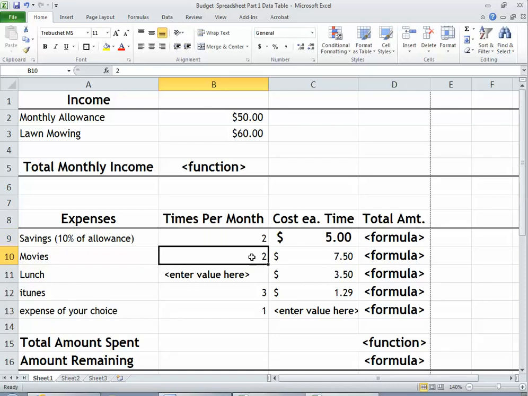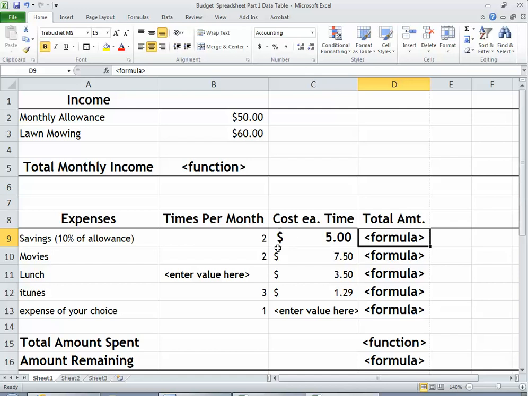How many times a month do you want to go to the movies? You need to leave these expenses as what they are, $7.50. Lunch, assume it costs $3.50. iTunes, assume it costs $1.29. It tells you in the directions all the different things that you are allowed to change and not allowed to change. When you come up with the formula here, it should be telling you how much you're spending,